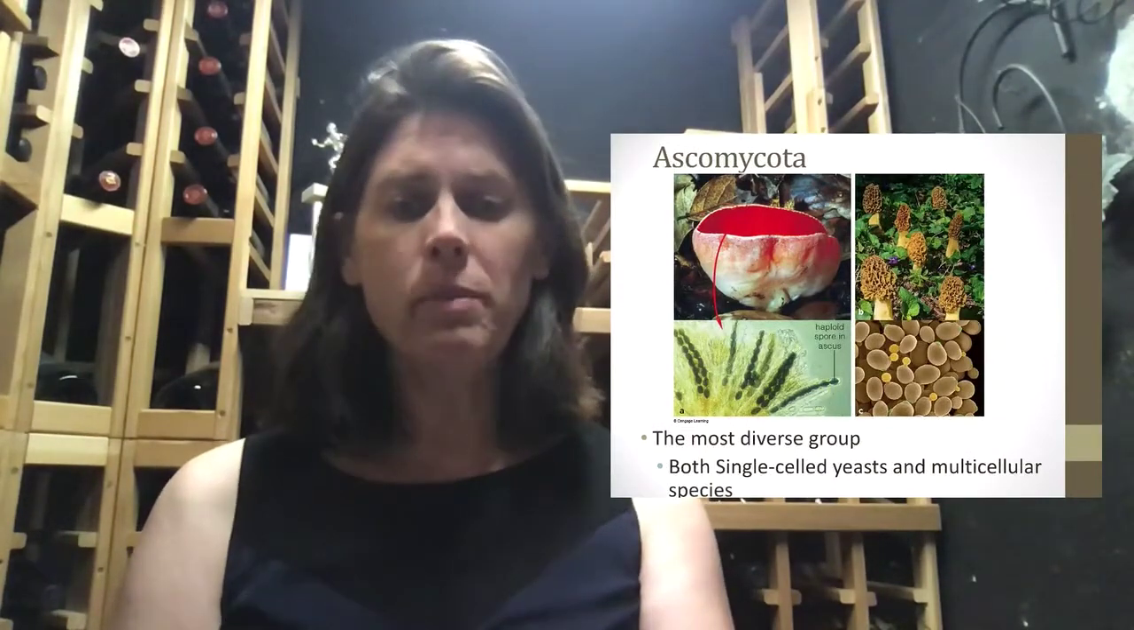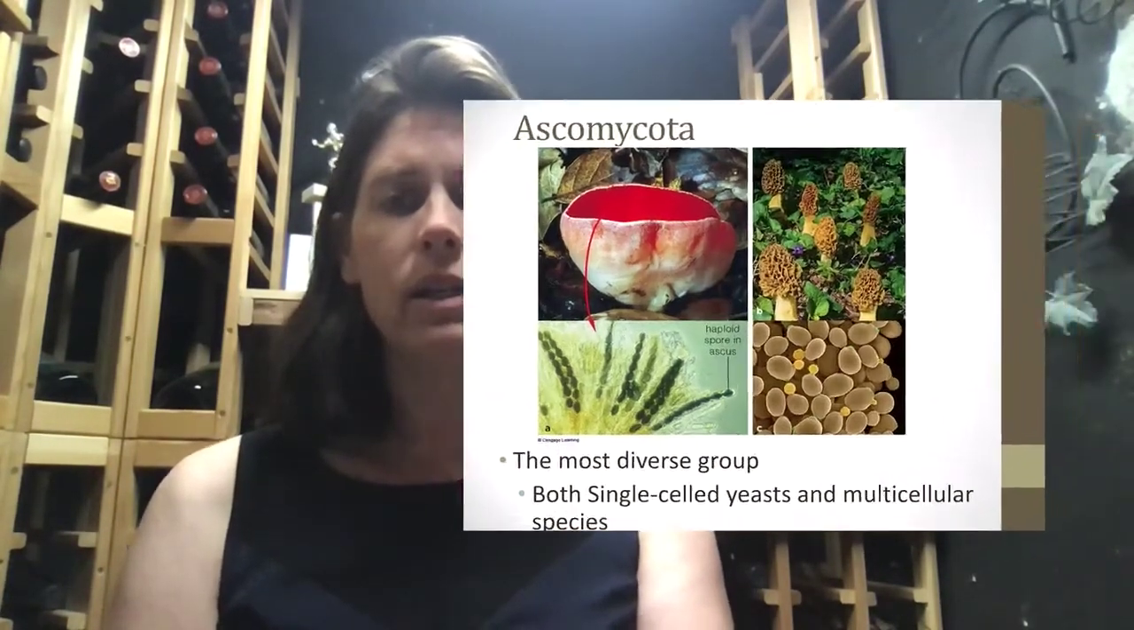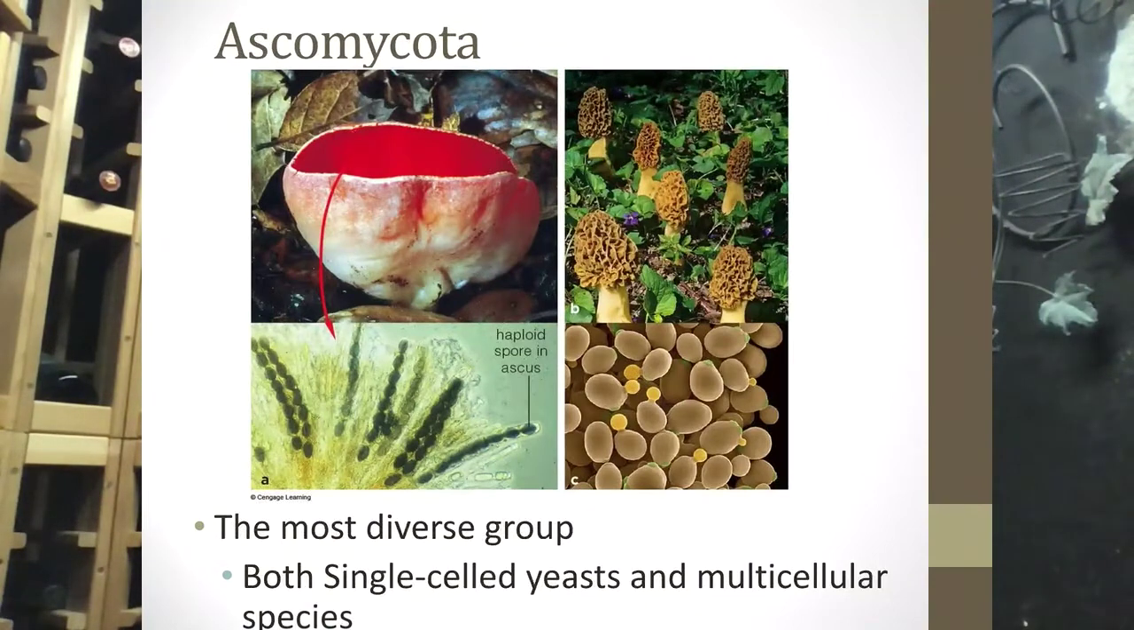Okay, the next group is called Ascomycota. Ascomycota are named for their specialized type of sporangia. They're called asci. These are sacs, and you can see the arrow from the cup-like structure, that's the fruiting body. If you take a microscope and look below, you can see that fruiting body is made by several of these little sacs called asci that are smashed together, but within the sac are